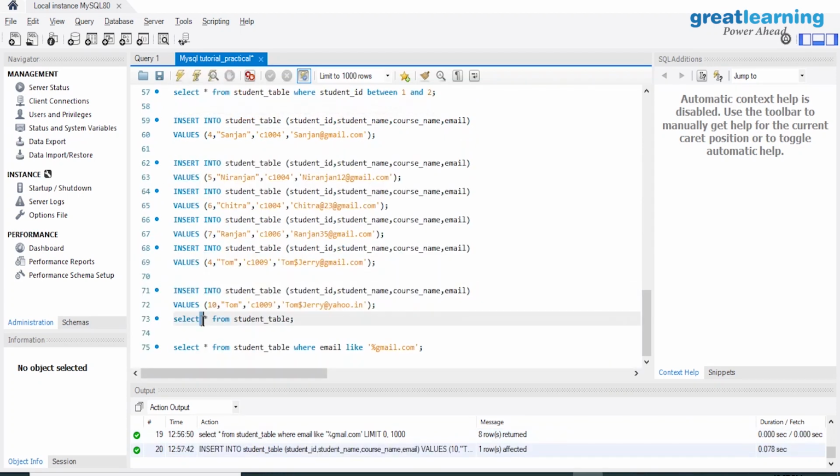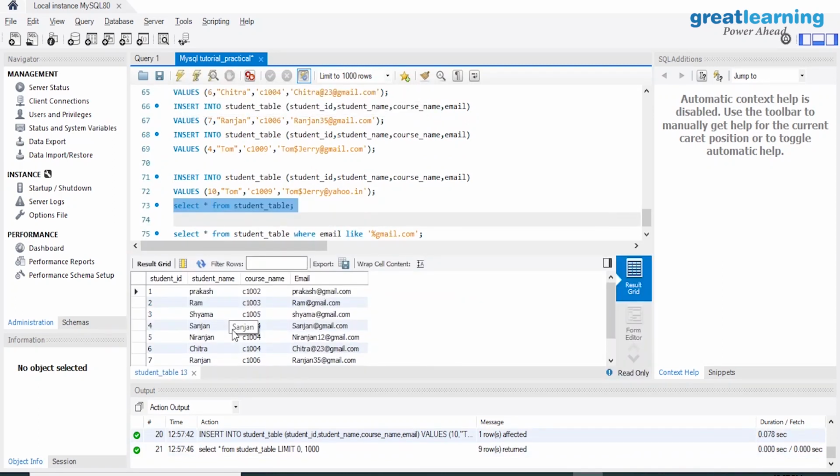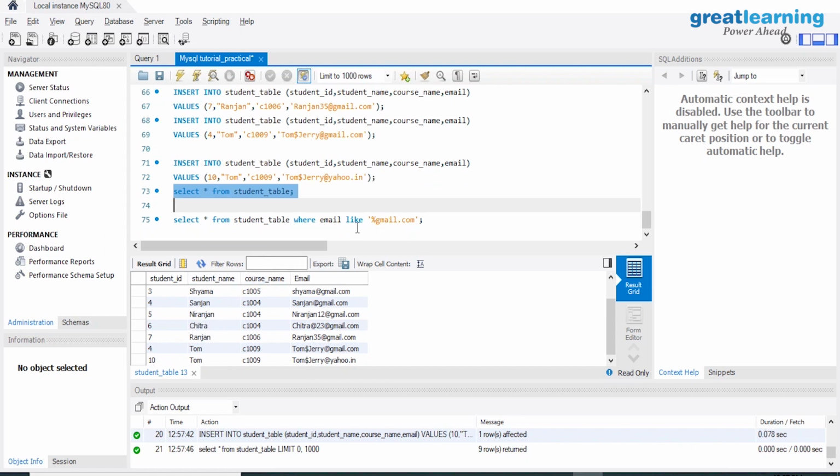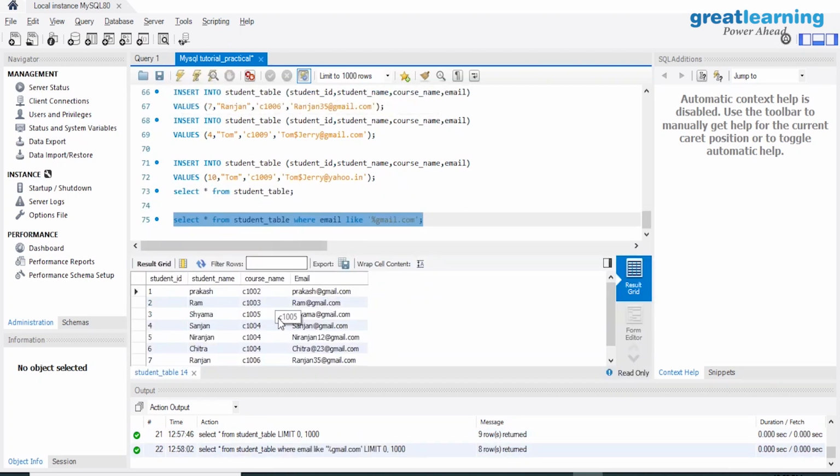Yes, and I'm going to check if it's already inserted or not. Okay. Yes, in the last row you can see I got @yahoo.com. So I have a total of 10, right? Not 10, more than that. Okay. So here I say that my pattern will be @gmail.com. Let's see what we will get.